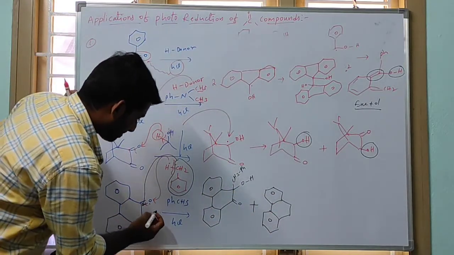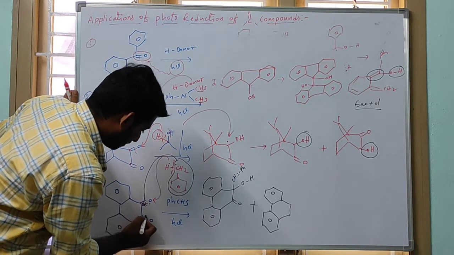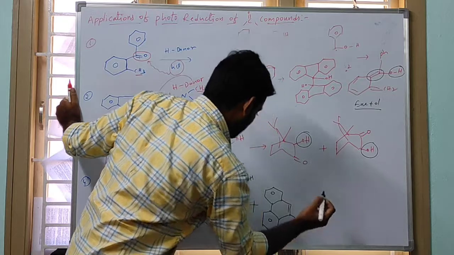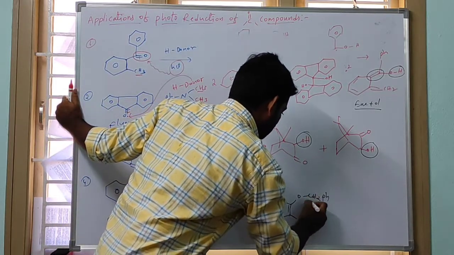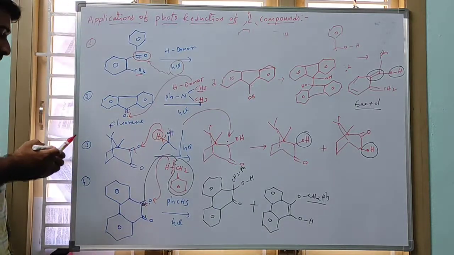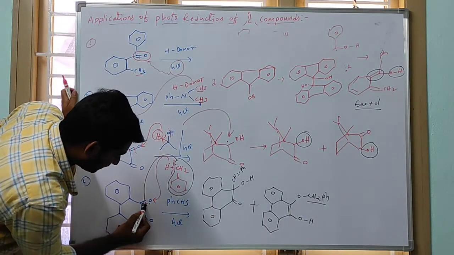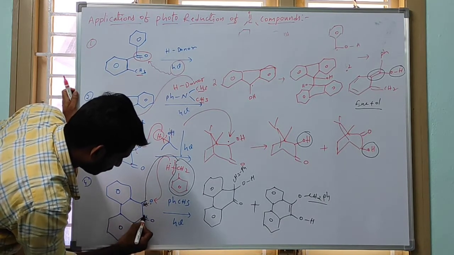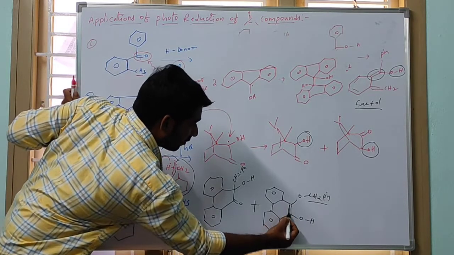See here. By breaking of this pi bond and this pi bond, here we will get like this, abstraction of this OH and OCH2. This is also another product. How is it obtained? Here, by breaking of this pi bond and this pi bond, it produces 1, 2, 1, 2. This radical and this radical are combining. Here this pi bond is formed.